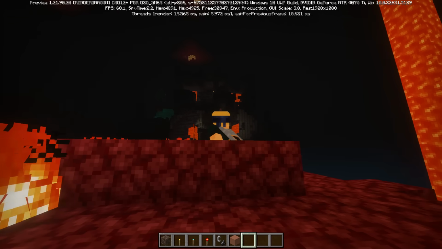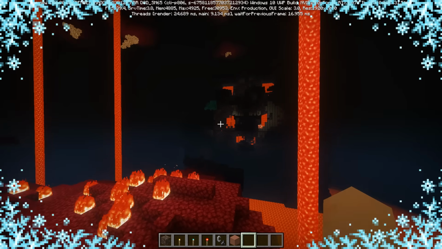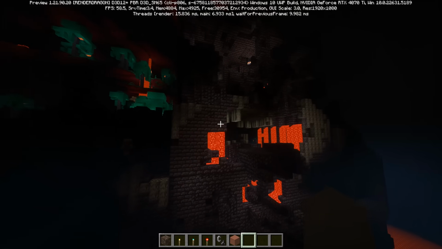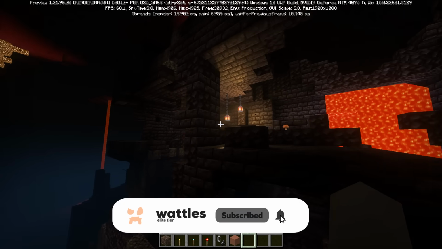Like, I know it's meant to, but it looks truly like a gigantic piglin monster that maybe got frozen inside of the lava somehow. How does that even work? I don't know, but wow. Moving into this structure though, because this is a structure with some unique and beautiful lighting blocks and lanterns here